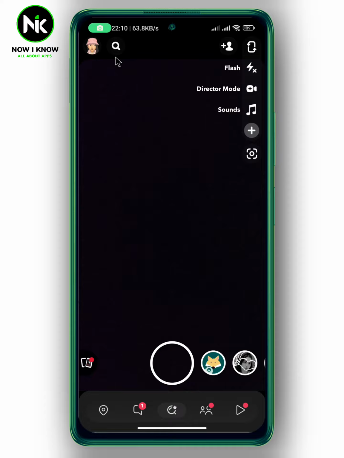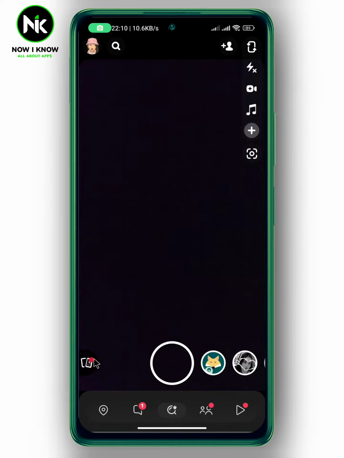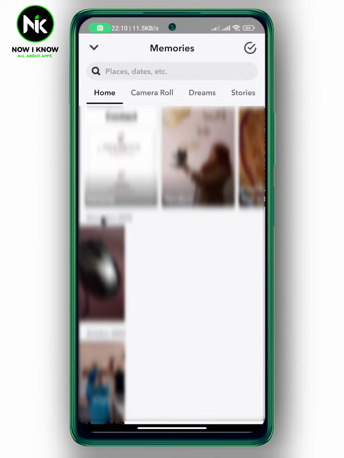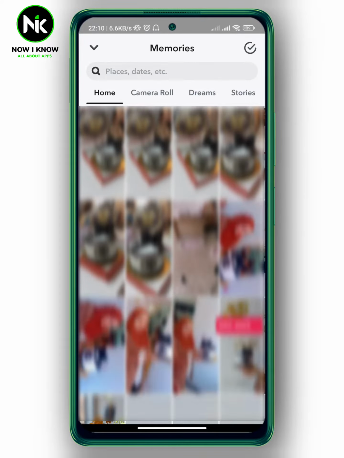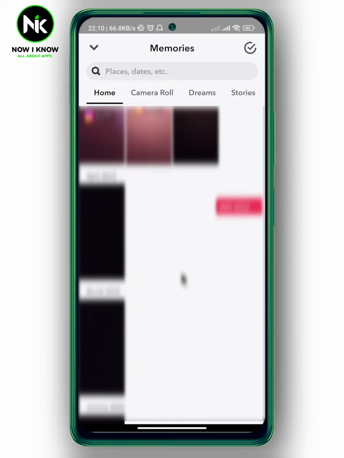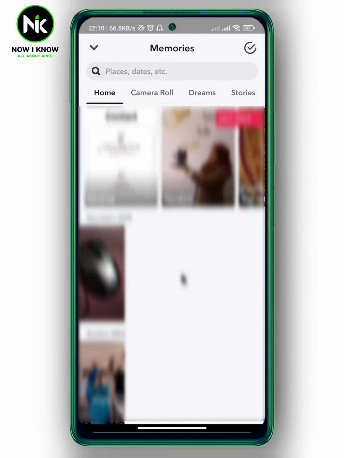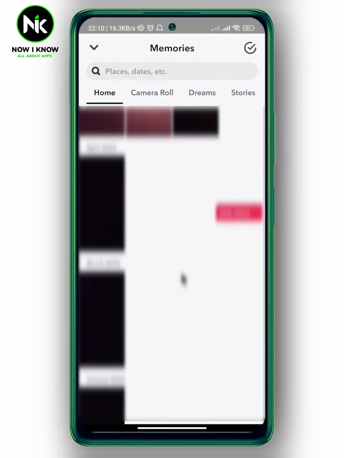Well, after getting the app, and as you see here at the bottom left corner, we got these two cards. Now, if you tap on them, all your memories on Snapchat will appear. Now, if your memories are not there, or some of them are missing, or they just won't upload correctly, here